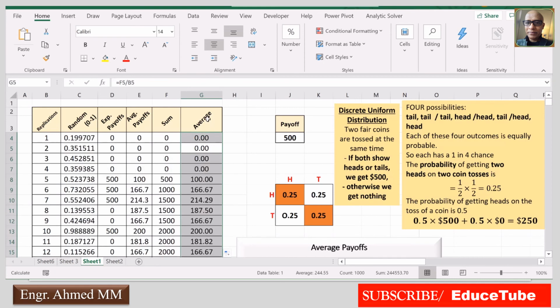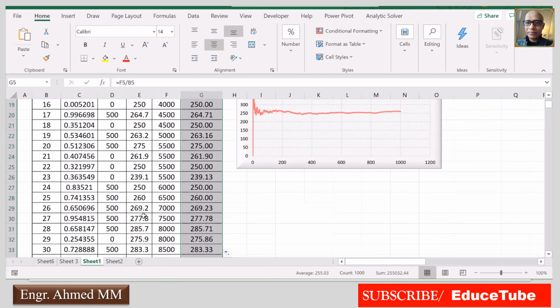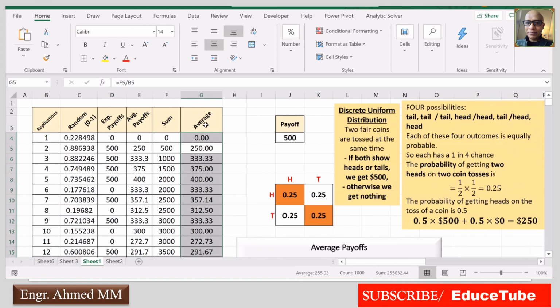So I also got the average that I got here. But if you compare these two, you will see the same value. See, 100, 100, 166, 166, everywhere 272, 272, everywhere it is the same. Everywhere here after the point there is one digit, this is two digits, that's why it looks like a difference, but it is the same. See, 275.9, 275.86. So we can find the average either this way or that way.